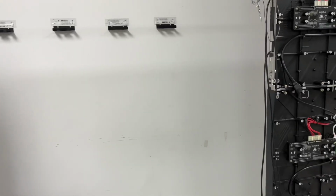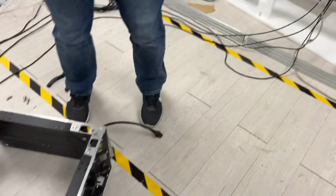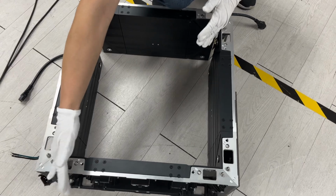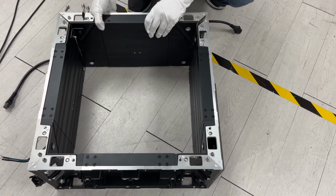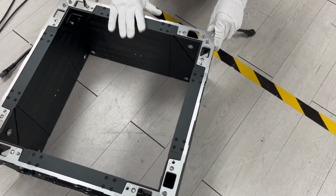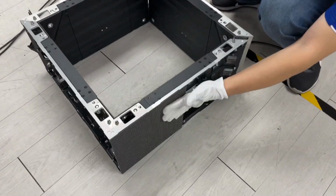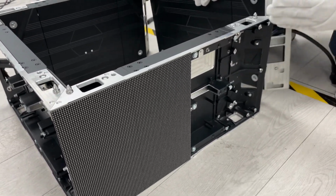Besides that, we do also have the square panel design like this one. When we need the square design, we can make a right angle like this area, or like this area, or even like this design, or even a square like this one. But for the right angle design, what we can make right now is only one module height. So we can see right here with one module height, we just cut 45